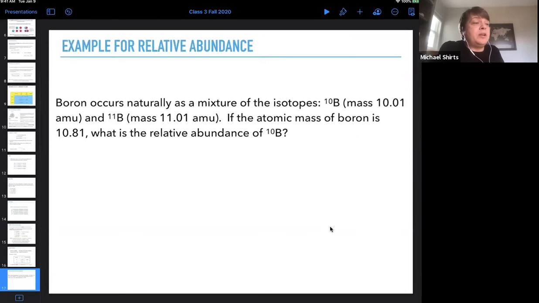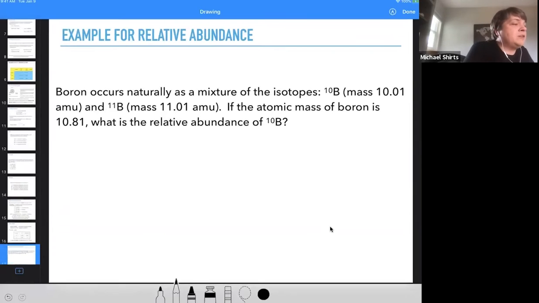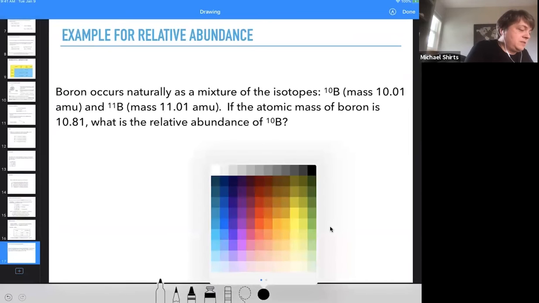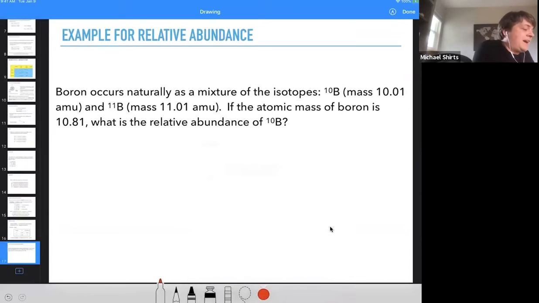Well, what we can do is set this up as a math problem. We can use that same formula for relative abundance, but now we're going to, let me reset this for red. Okay, now we can say that you have a mass times abundance plus mass times abundance equals